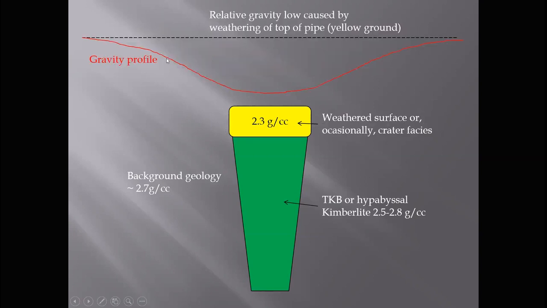So this is what we're expecting to see. Gravity profile comes in. You'll see how much bigger this gravity low is than the body. Really, the kimberlite sits in the middle, and we start getting a decrease on the sides. So again, we're going to have to do some fancy filtering to get a more accurate idea of the actual